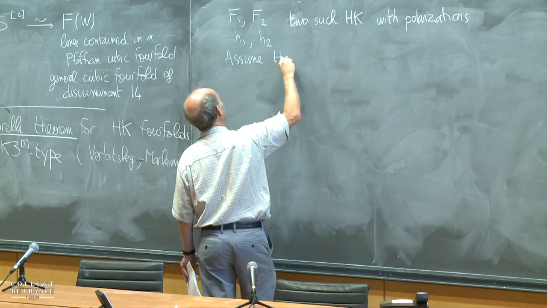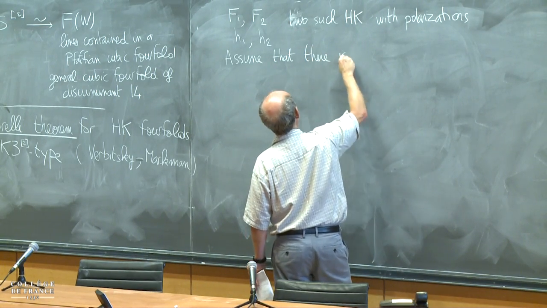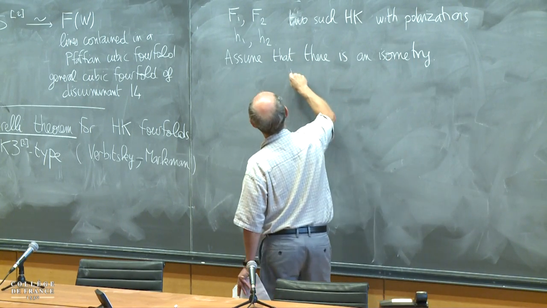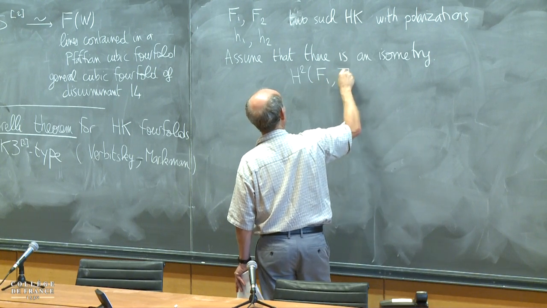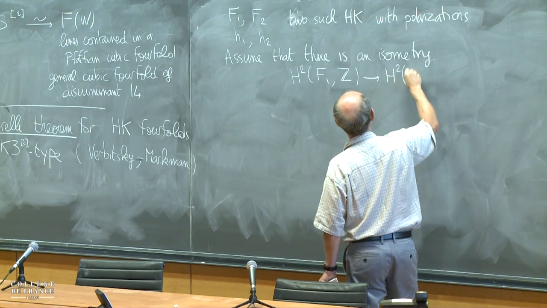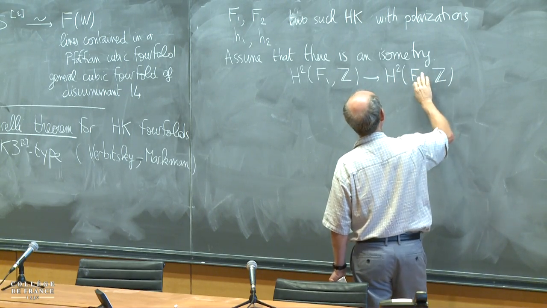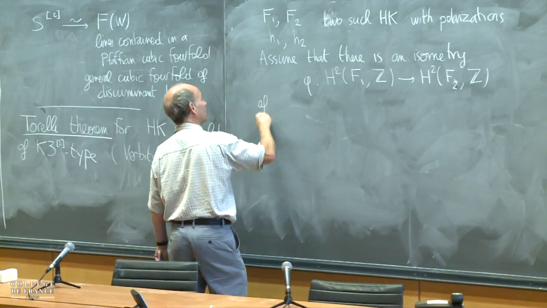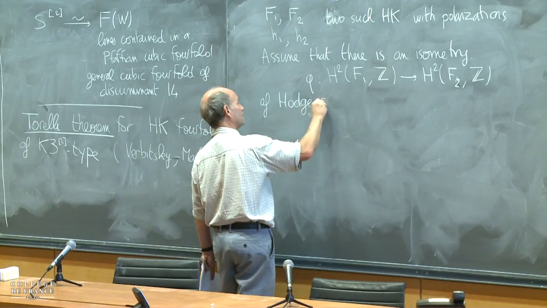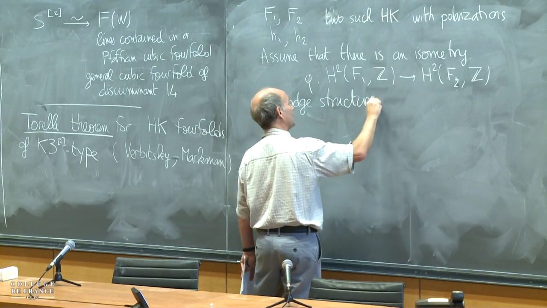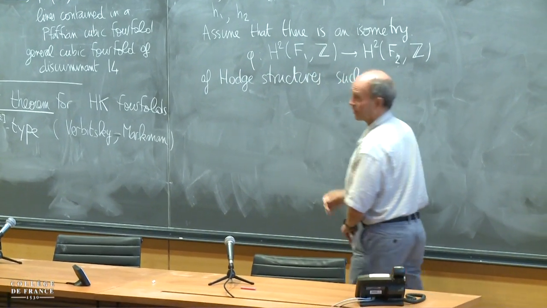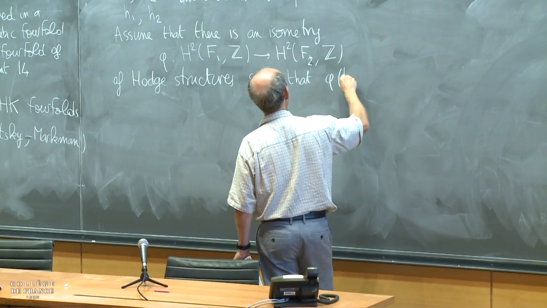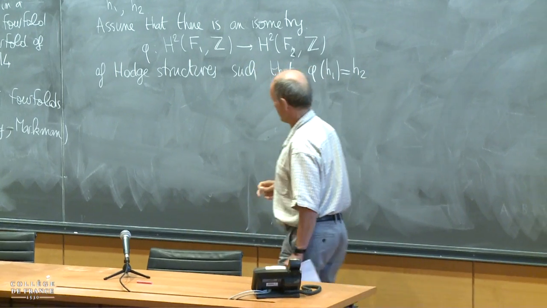between H2 of F1, Z and H2 of F2, Z, phi, of Hodge structures, which takes the one polarization to the other, such that phi upper star, phi of H1 is equal to H2,